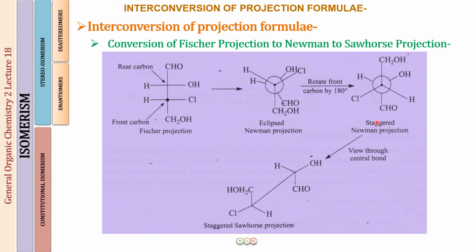And when you are going to draw the sawhorse for it, again, this dot is the front carbon, this one is the back carbon. So join them by an oblique long line and put the groups for them. So this is my inverted Y and the groups exactly the same way. And this is my erect Y and this is also my erect Y. So I quickly draw the staggered sawhorse projection also. Okay, so I hope now you have understood everything. In case there are any doubts, they are always most welcome.